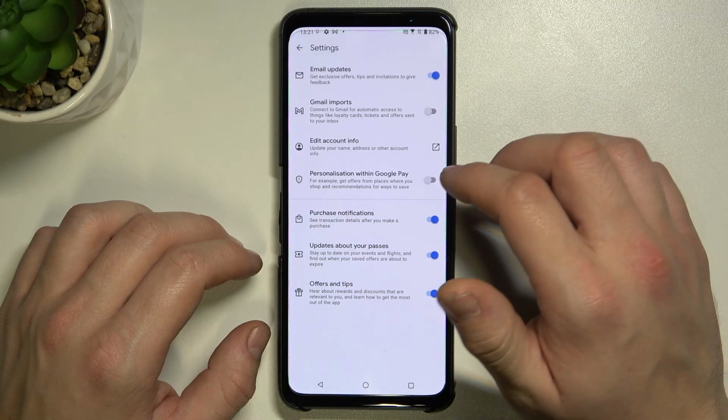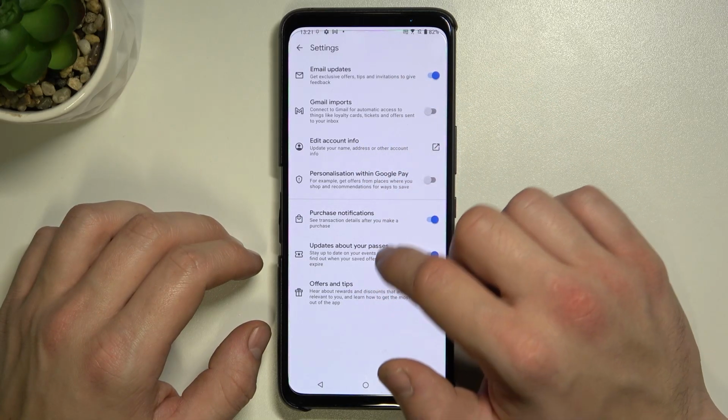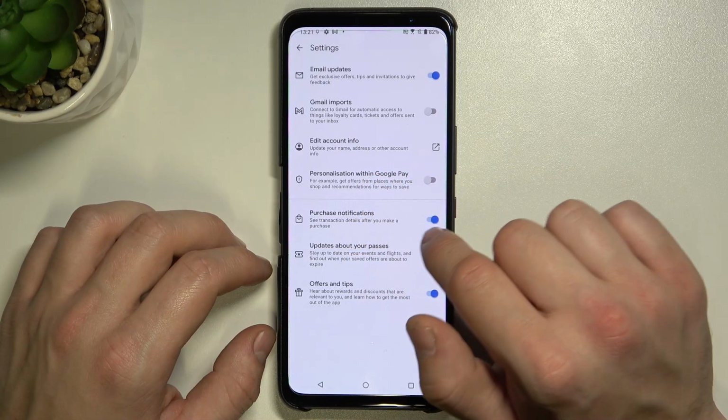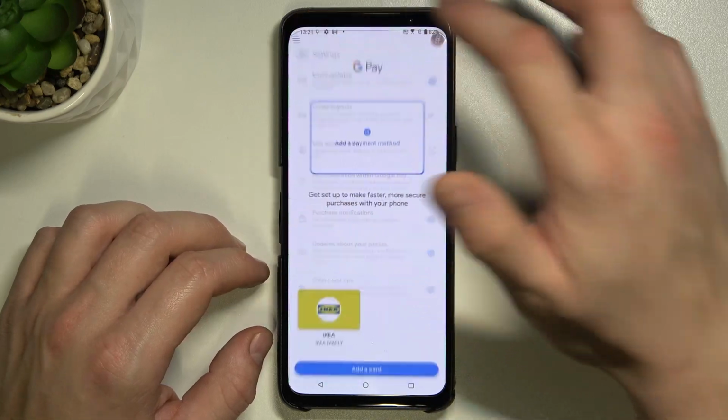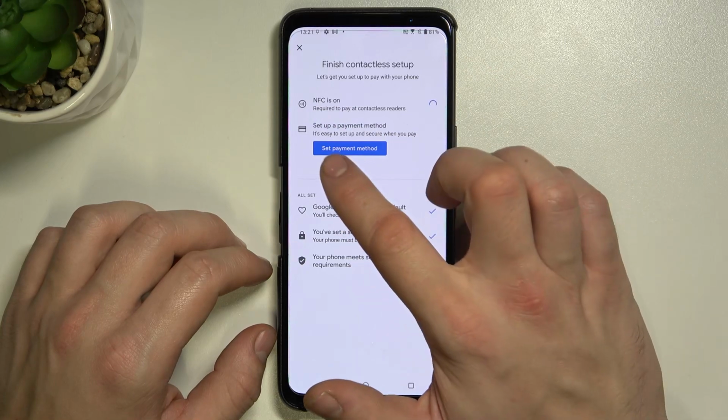settings where you can turn on or off email updates, Gmail imports, you can edit your account info, change personalization within Google Pay, purchase notifications, updates about your passes and offers and tips. Then we've got contactless setup where you can turn on NFC, set payment method,